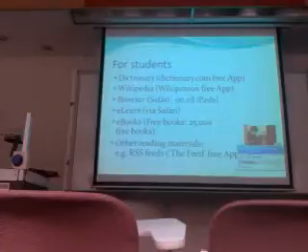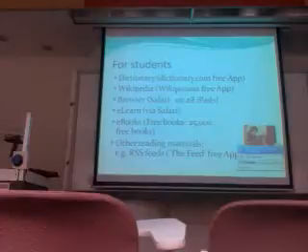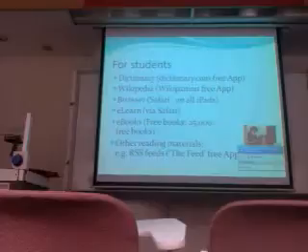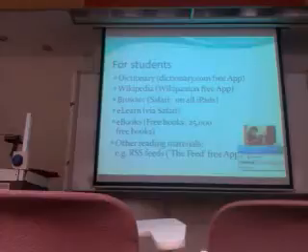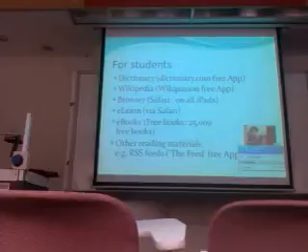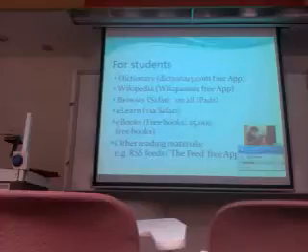For example, the dictionary from dictionary.com is a free app, and it's one of the best online dictionaries there is, and it includes a voice section so that the students can press a button and hear what the word sounds like.